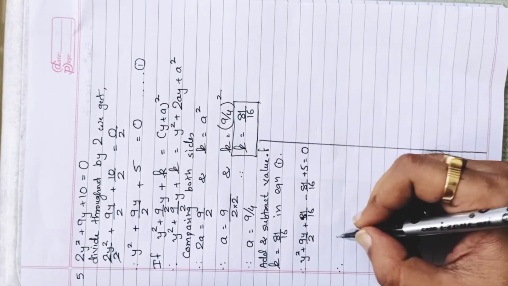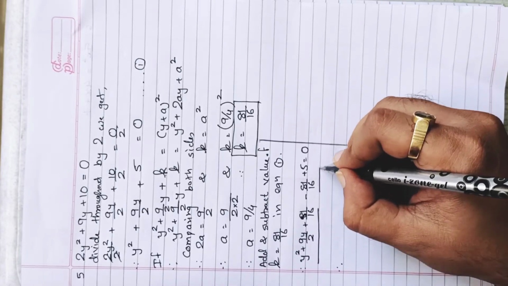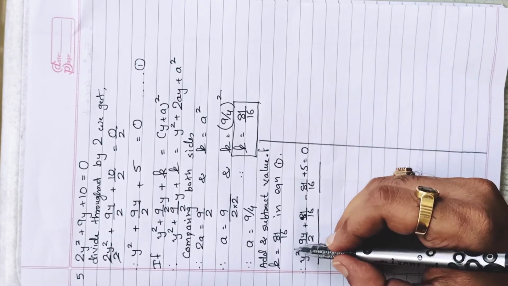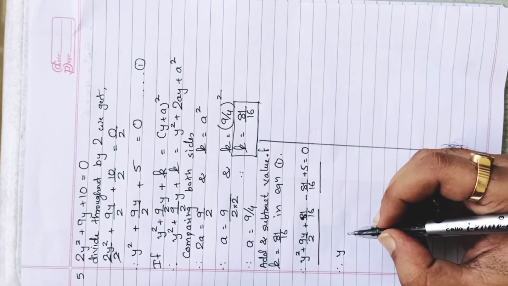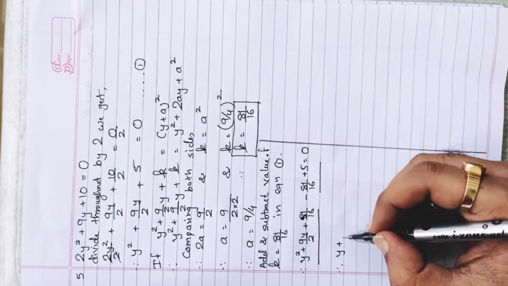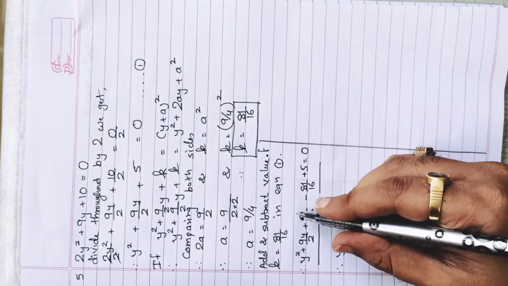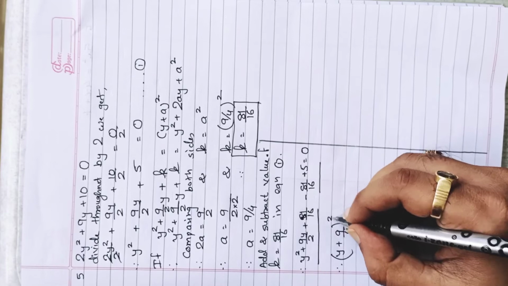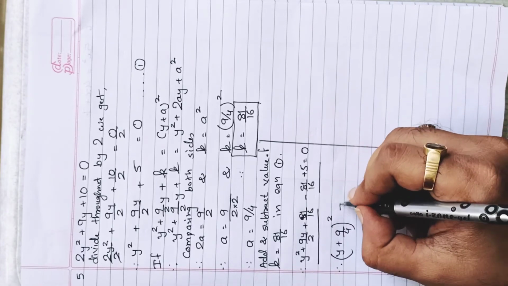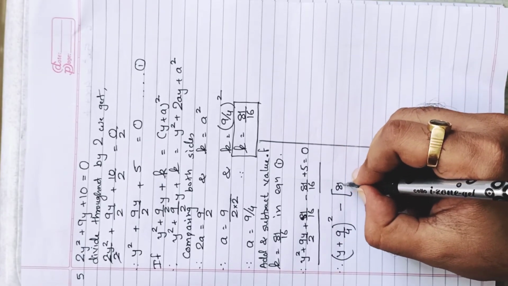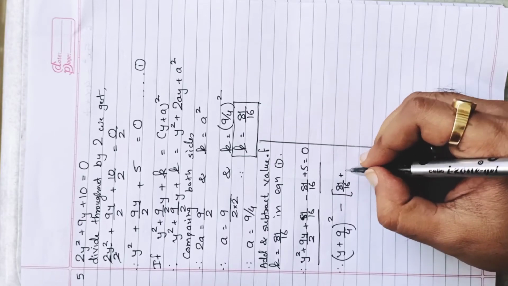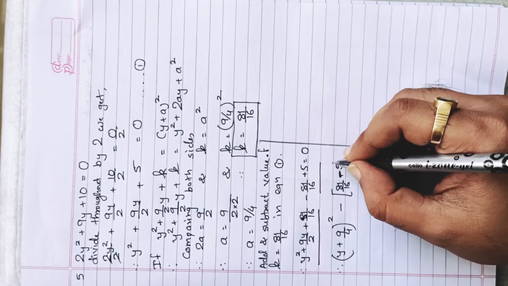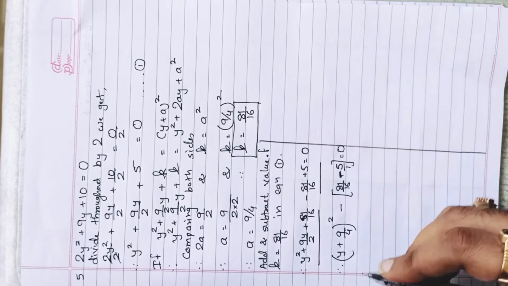Okay. The next step, underline first 3 terms and next 2 terms. First 3 terms will be perfect square. They are perfect square of y square, so square root is y. Right. Middle sign is plus. And square root of the third fraction, that is 9 by 4. And this is the whole square. This is perfect square. Minus common. So what will left? 81 by 16 plus, see, minus is common, so sign will change. Plus will change into minus 5 equal to 0.